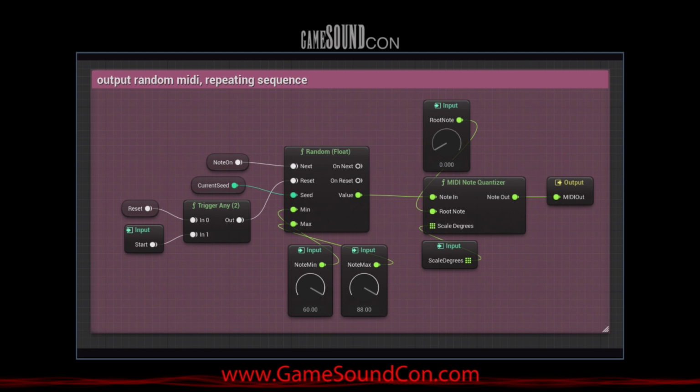But then you might be surprised to see that it's being fed with a random float generator. How do we get repeating patterns out of this random node? If you saw Aaron's talk earlier, you'll know the answer. And it is the current seed variable. So this random node spits out just a random string of numbers, right? But if you give it a seed of like 10, then it'll just spit out that one specific string of